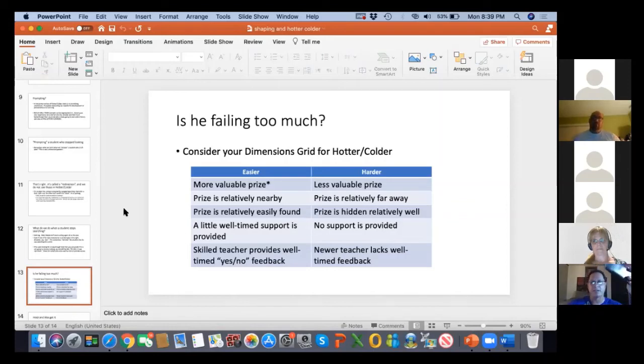Neutral objects are easier than valuable ones. Powerful reinforcement makes it easier. It being our idea in the first place makes it easier than it being their idea in the first place, right? Following a spontaneous mand with a no is always harder, because that means the MO is in place. The MO is in effect right now. Versus if I'm just walking you around the house, then you can't have this or that. The MO is probably not in effect, especially if I'm choosing neutral things.